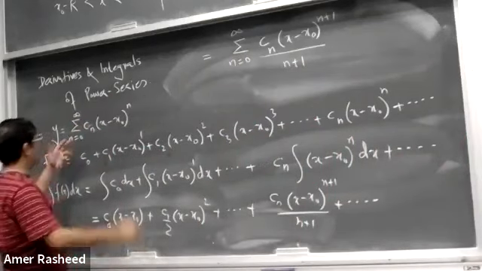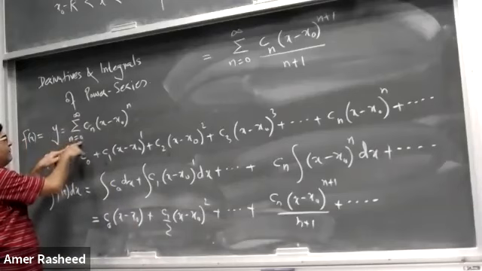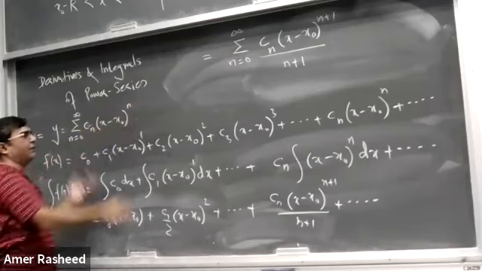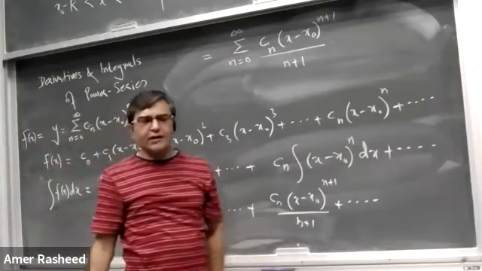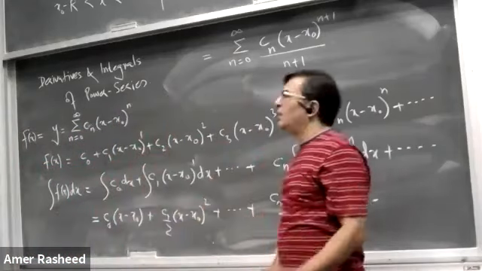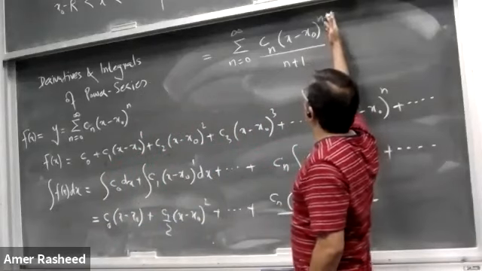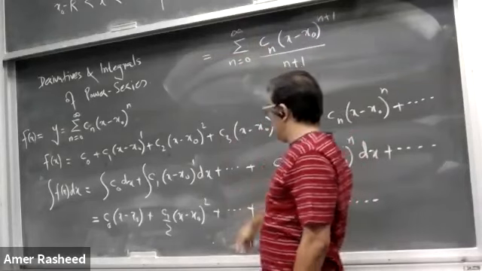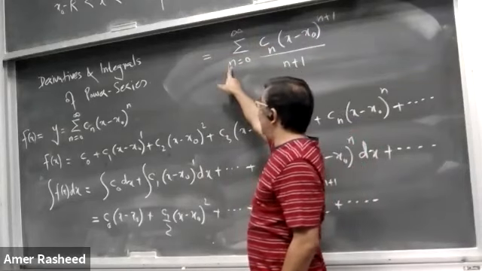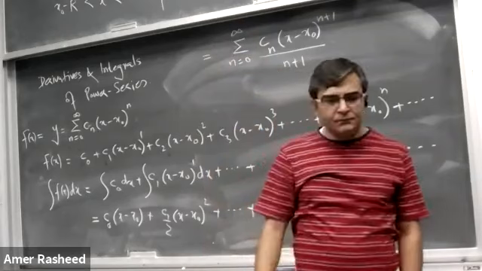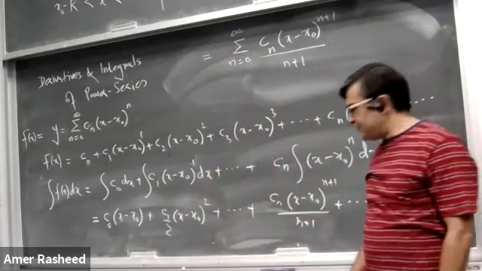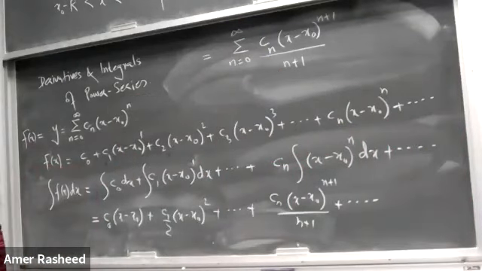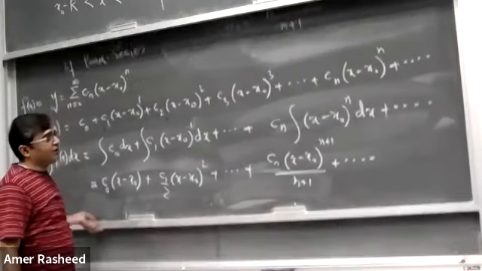Okay, so this will be the integration of this power series. The summation remains the same, from 0 to infinity, and we take the integral of this term, giving (x minus x naught) to the n plus 1 divided by n plus 1. Similarly, we can integrate it again with respect to x, which will have n plus 2 divided by (n plus 1) into (n plus 2). But in the summation notation, the index of the summation remains the same. I hope you get it. If you have any question, you can ask me. If you don't have any question, let's start